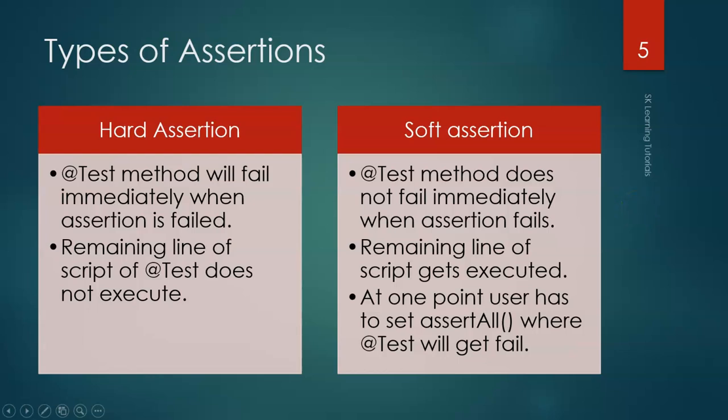So this is all about the soft assert. Here you need to understand the difference between the hard assertion and the soft assertion. Let me repeat it one more time. In case of the hard assertion, whenever any assertion fails, Selenium will immediately stop the execution. In case of the soft assertion, whenever the assertion fails, Selenium will not stop the execution and it will continue further. At the line of code where you specify the assert all method, at that particular line of code, Selenium will take a call whether this test case will be passed or failed. If all the soft assertions are passed, then your test case would be passed, otherwise it would be failed.